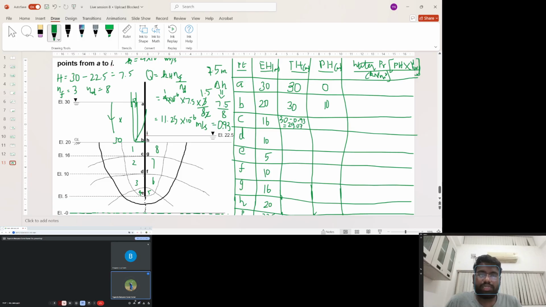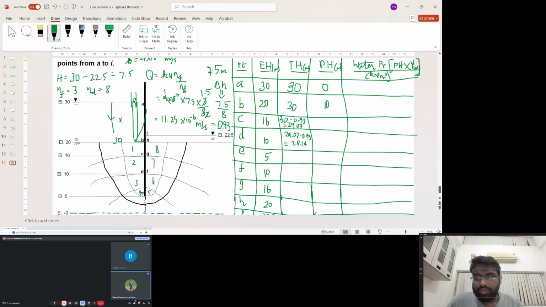Once it reaches D, it is 29.07 minus 0.93, which gives us